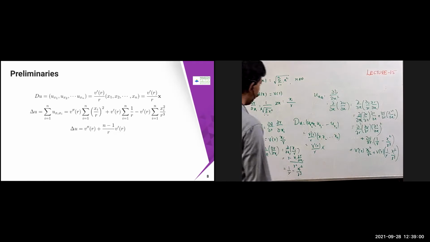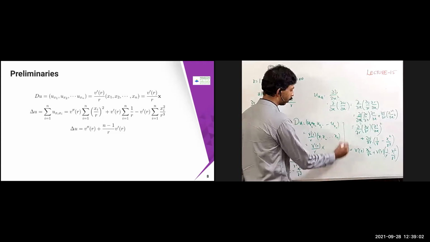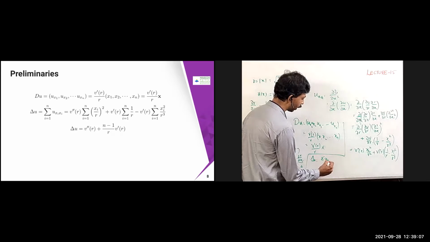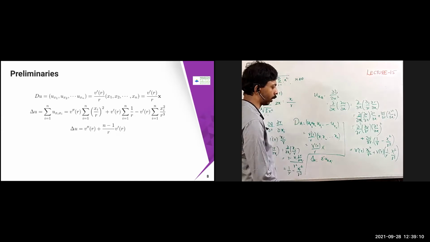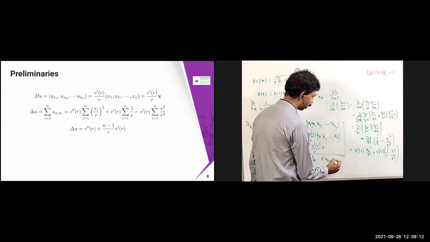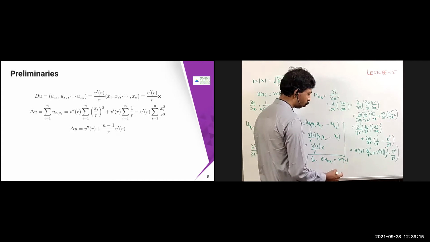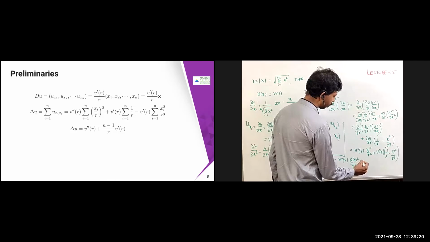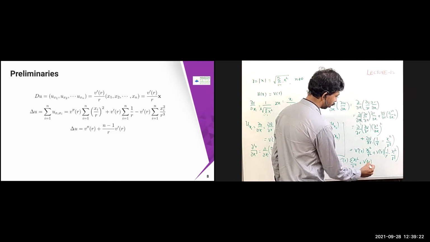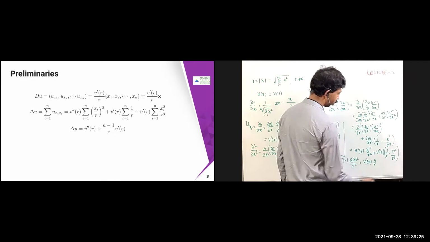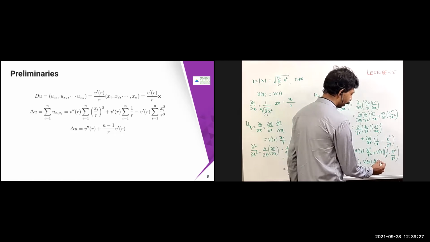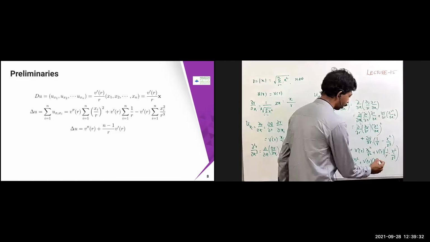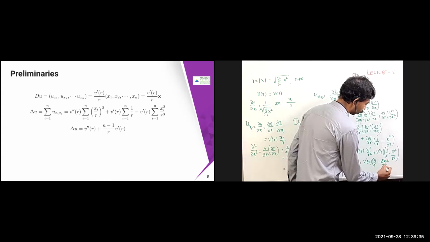Okay, now in the same way I'm going to use this to obtain my delta u. Delta u is nothing but the summation of u_xi xi. So I am going to use this as v double dash of r into summation xi square by r square, plus v dash of r into, since I'm just summing it up, n by r, minus summation xi square, which I'll put as it is, summation xi square by r cube.